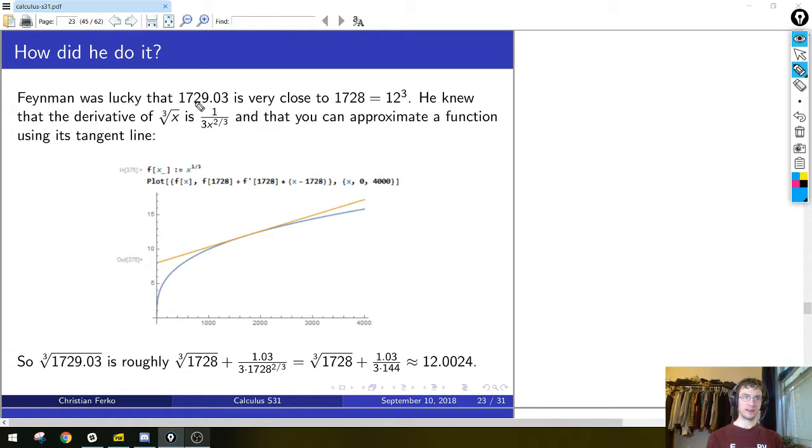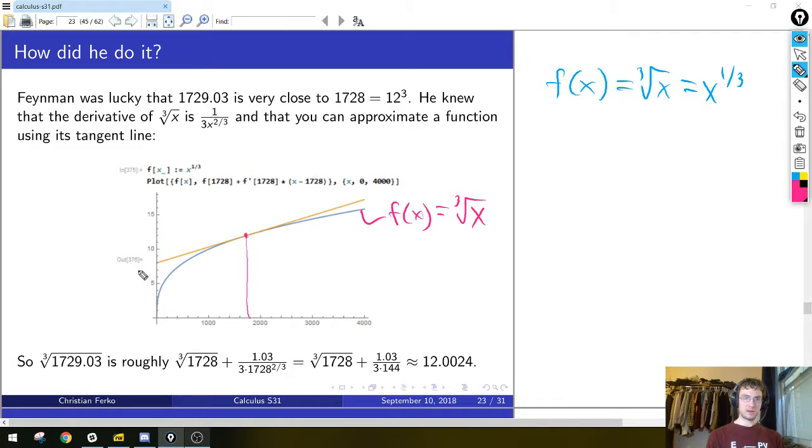Okay, so that's fine. But we also know that this cube root thing is just some function f of x. So if you have a function f of x equals the cube root of x, which is x to the power 1/3, we know that you can approximate a function using its tangent line. What do I mean by that? I mean, if here is, I don't know, probably around here, that point we're interested in, and the blue curve is the true function f of x equals the cube root of x,